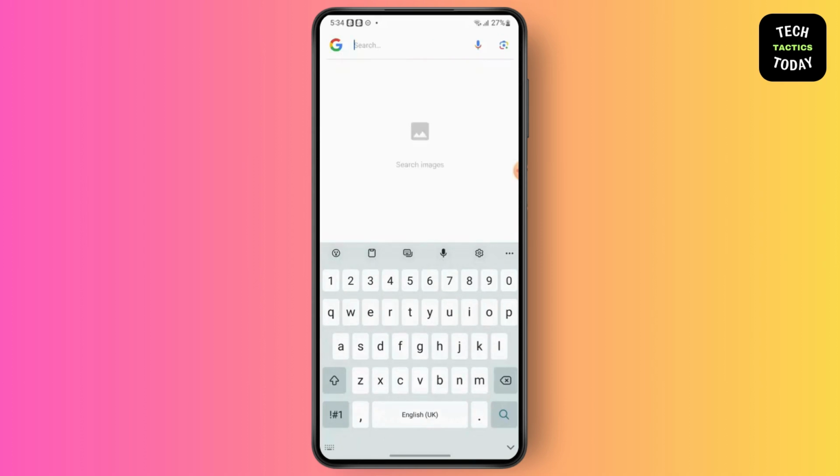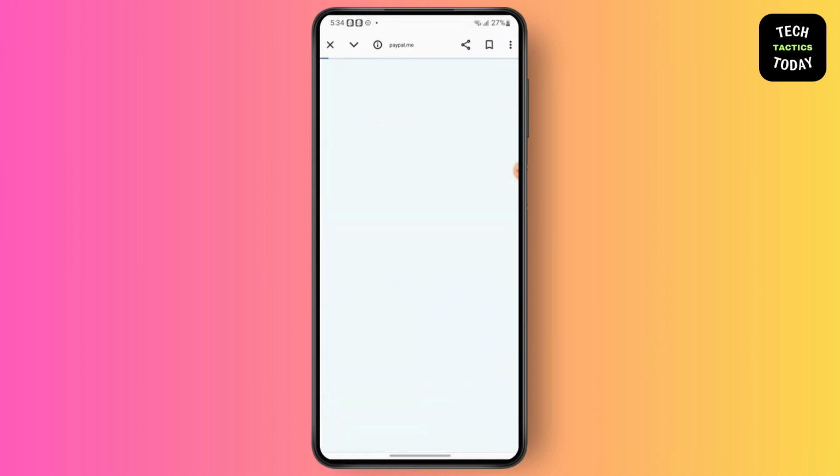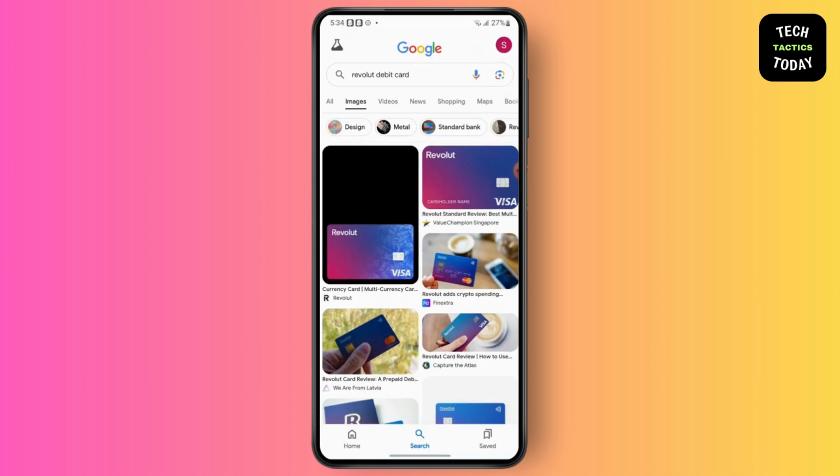The first thing you have to do is make sure you have a PayPal.me account. If not, you can just create it from here and fill up the form and create it. Then copy the URL of your PayPal account and then